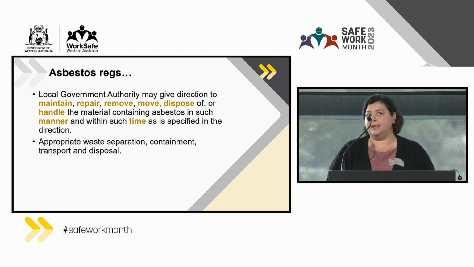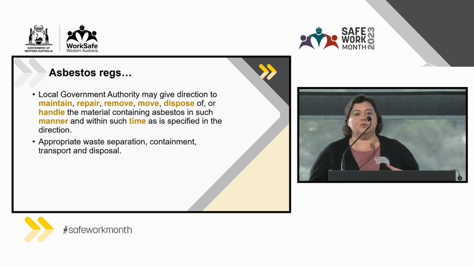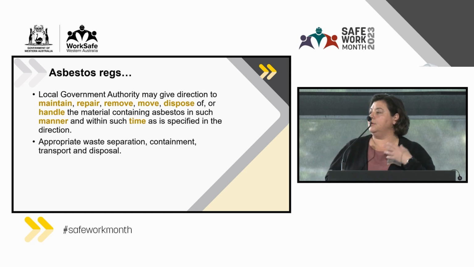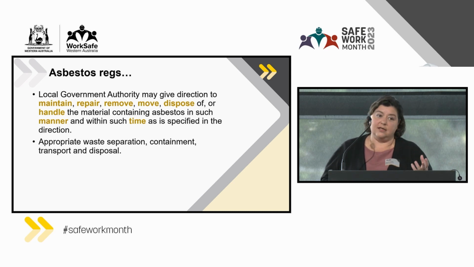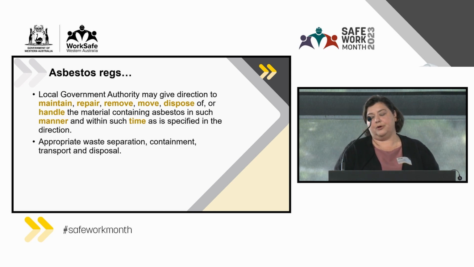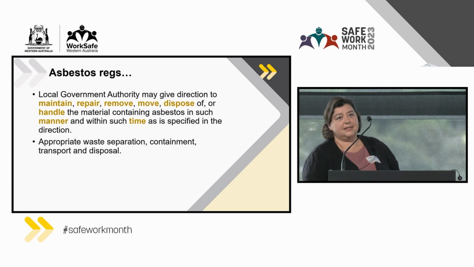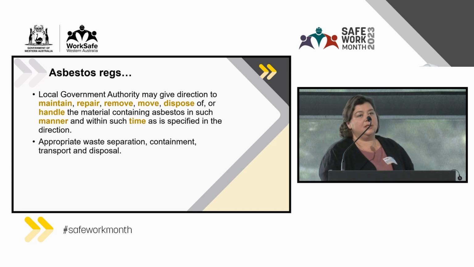much of what we find in the public environment, the ability to give a direction for any material containing asbestos means that local government authorised officers can take action where there's been a fire and there's friable material, or other situations where there's been accidental damage, high water pressure hosing of roofs, which causes quite significant contamination. They can actually serve directions associated with those kinds of contaminations as well. And also the regs need you to do the same things you do in WHS legislation, which is separate,